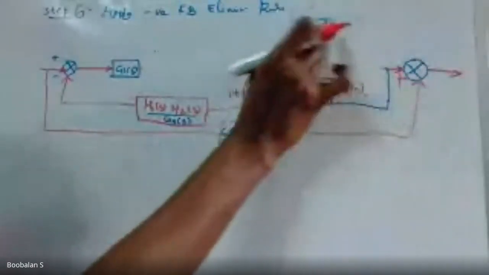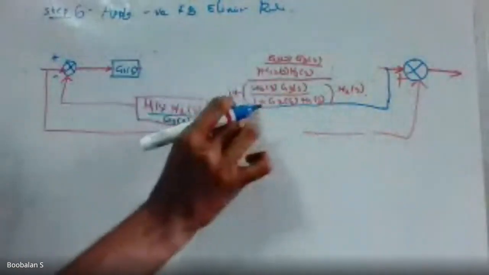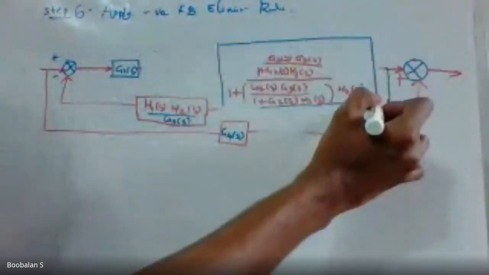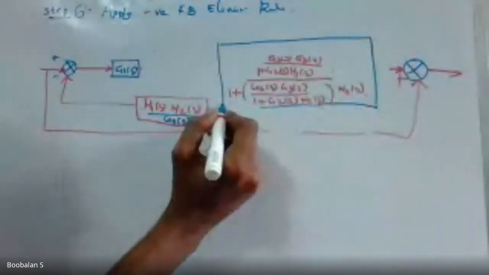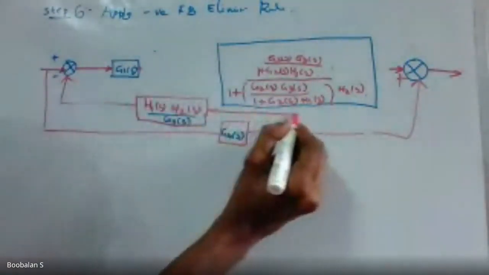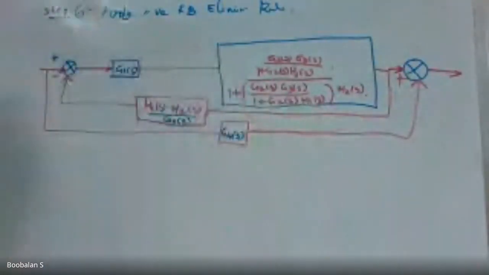This is what my after elimination. Right, got idea? It's very easy. Now I'm just going to make a block, summing block. Right, we have to add these lines also. In the line so I'm starting. Right, so this is what step number 6. G divided by 1 plus G into H.